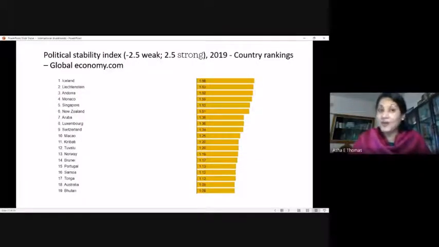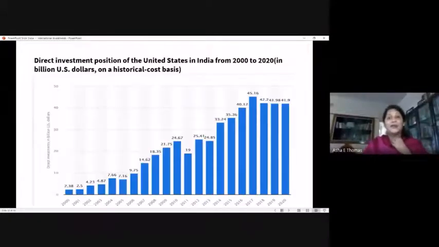So country risk analysis is purely a contextual aspect that will be changing according to the changes in the internal and external environment of a particular nation. And that is greatly affecting the amount, the volume of financial international investments coming into that country. So that's the importance of this.